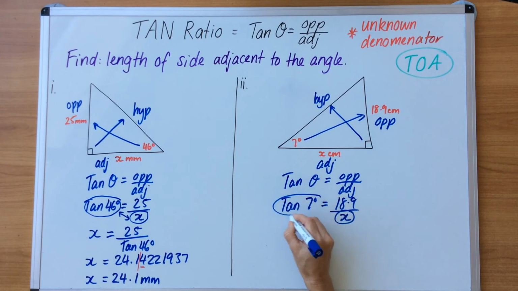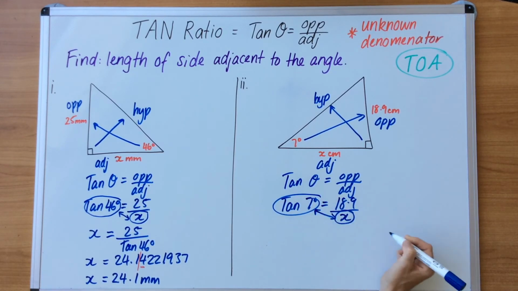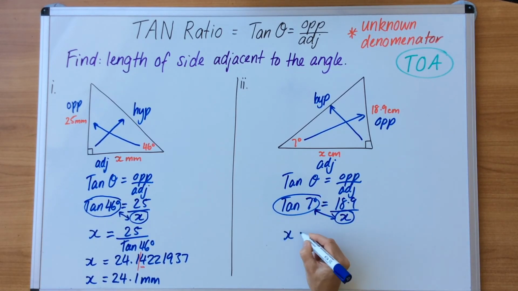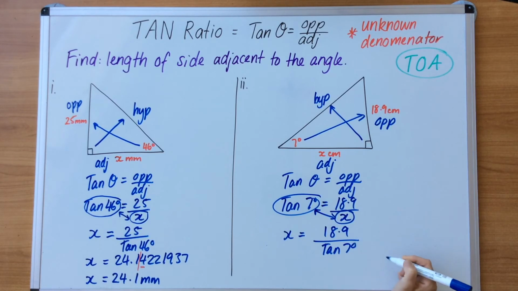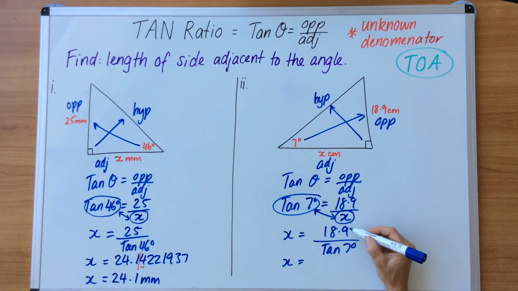We're now going to swap these around and rewrite. So x equals 18.9 divided by tan 7 degrees. And we punch that in our calculator and it looks like this. 18.9 divided by tan button 7 equals, and you get a number of